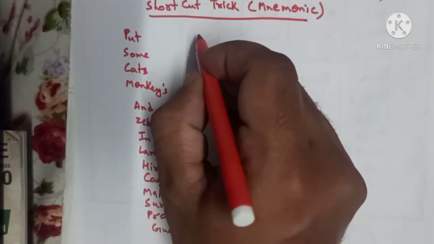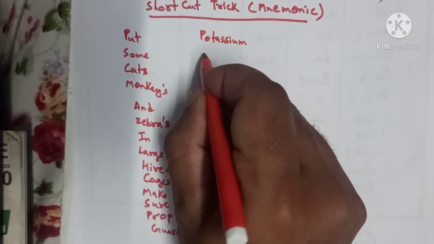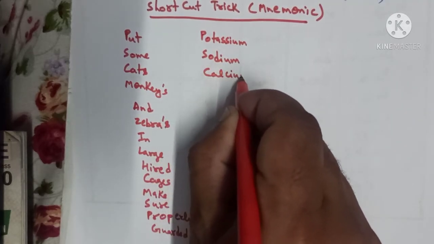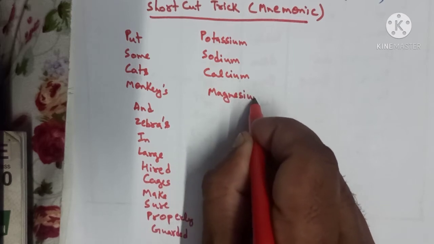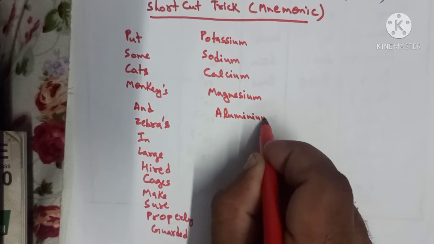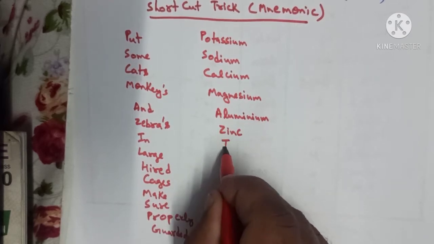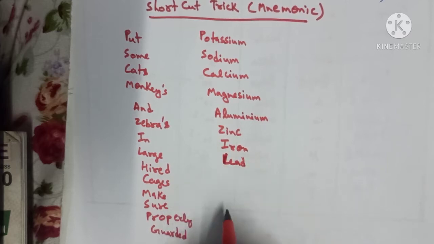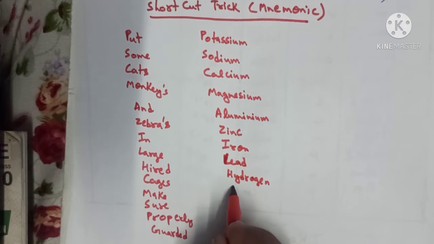Now let us see what it means. Put means P, that is potassium; some, S, that is sodium; cats stand for C, that is calcium; M of the monkey stands for magnesium; and A stands for aluminium; Z of the zebra stands for zinc; I of the in stands for iron; L of large stands for lead, L-E-A-D, lead; hired, H stands for hydrogen; cages, C stands for copper;